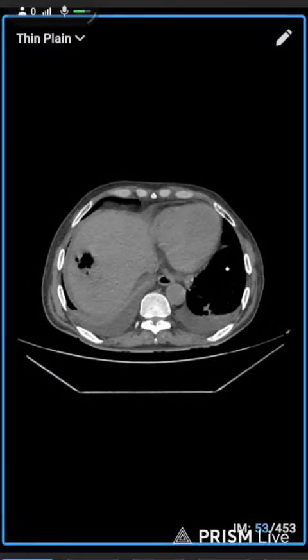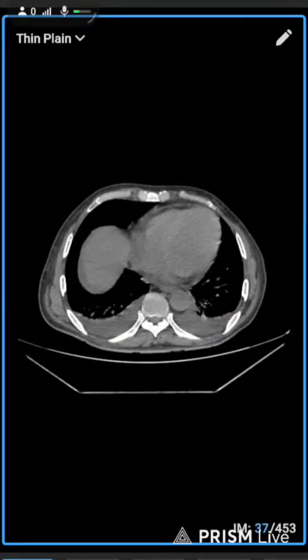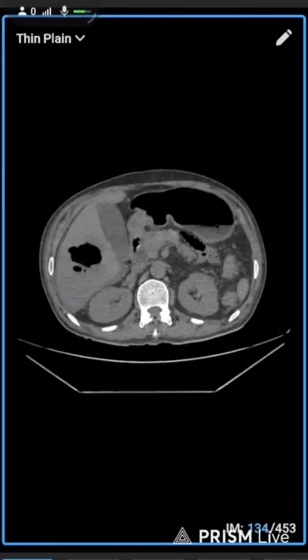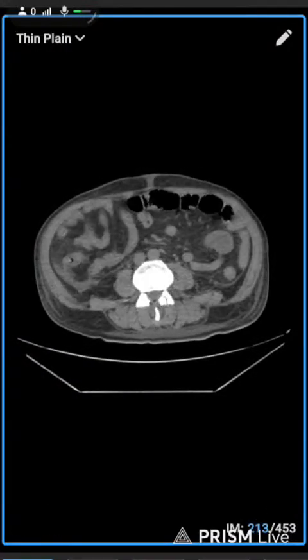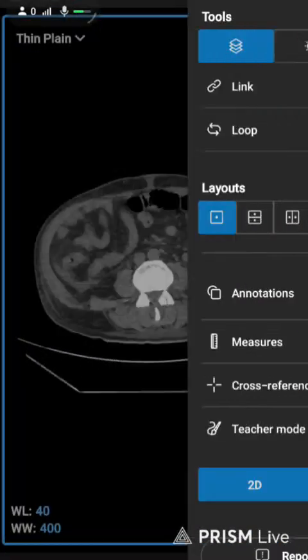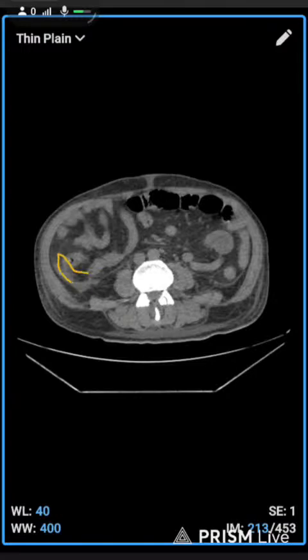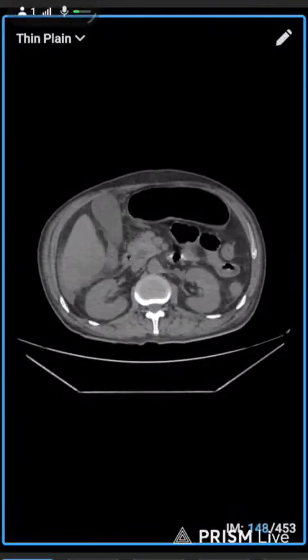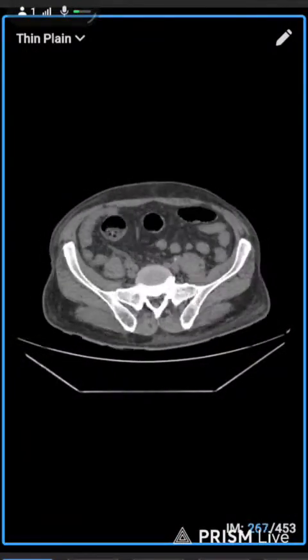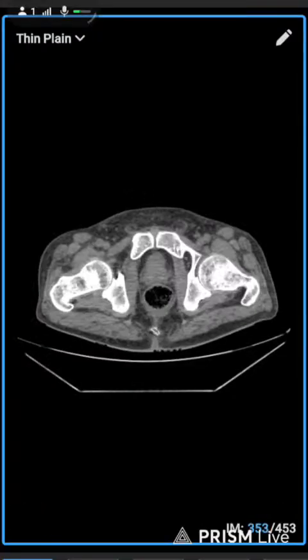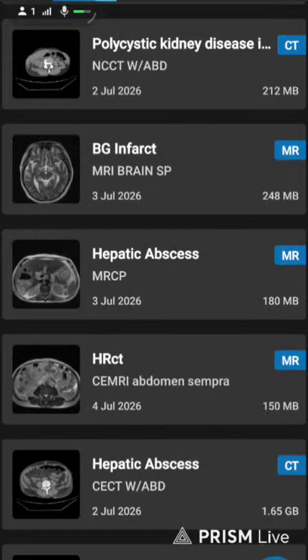It's mostly fluid or ascites for the liver abscess. Also in the mesenteric collection, here you can see the fluid-like structure in this area. That's all for this. We jump back to the